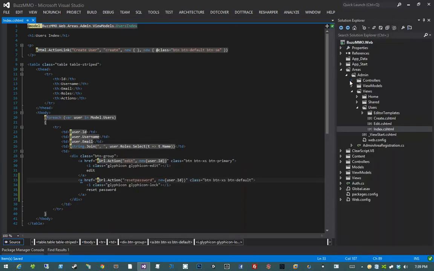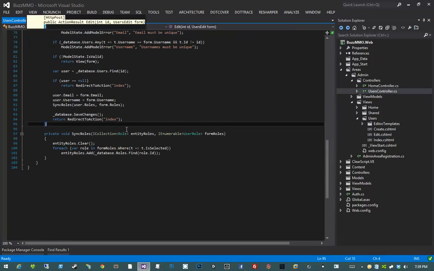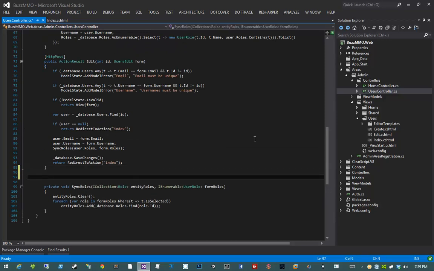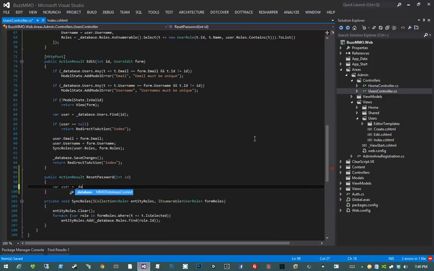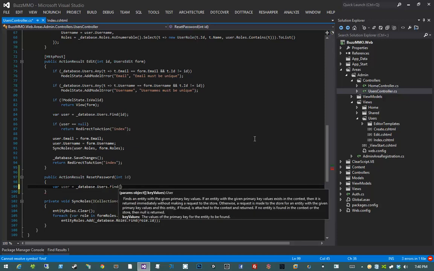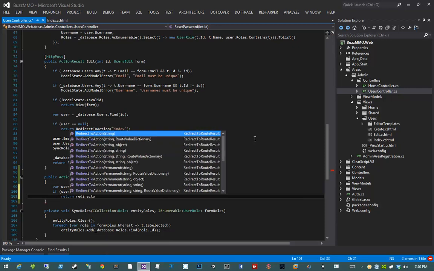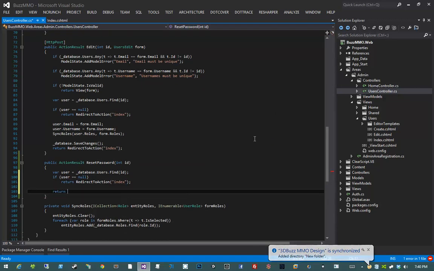So let's do that. Let's jump into our controllers, users controller, and create reset password. So I'm going to scroll down to the bottom, above my private method, but below my edit method. And I'm going to say public ActionResult ResetPassword, int id. Then I'm going to say var user equals database.Users.Find(id). And then I'm going to say if user is null, return RedirectToAction index. Then I'm going to go ahead and say return View, and I'm going to pass in a new